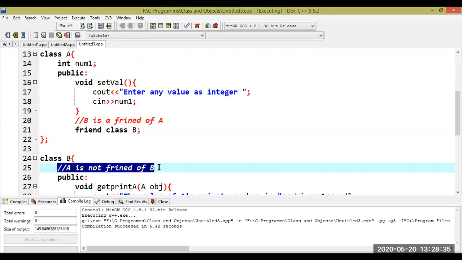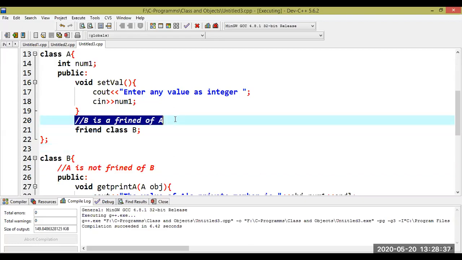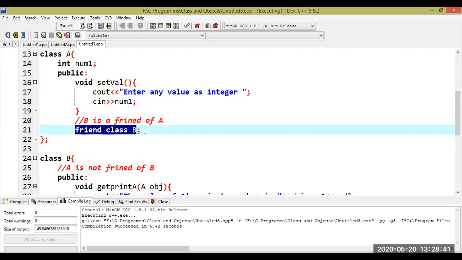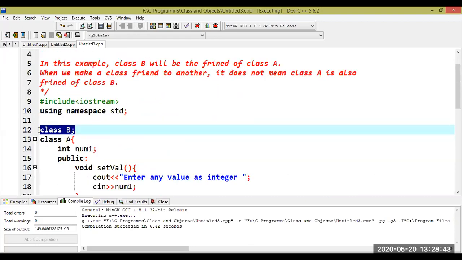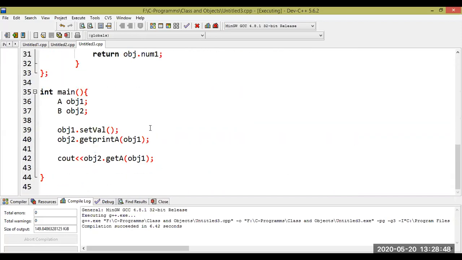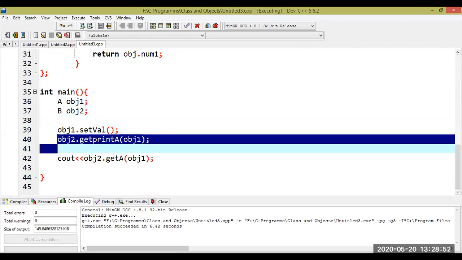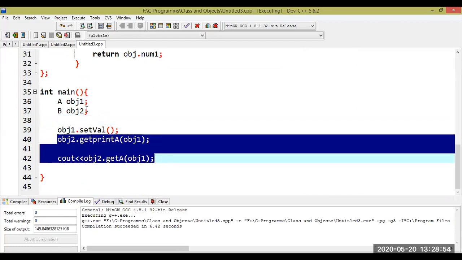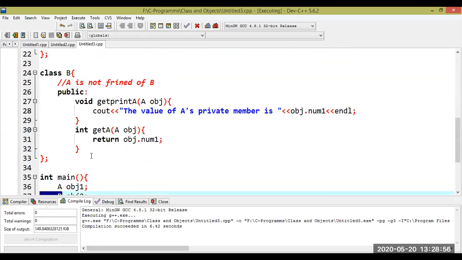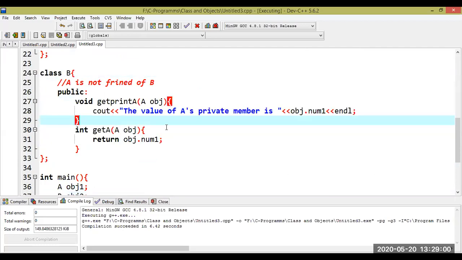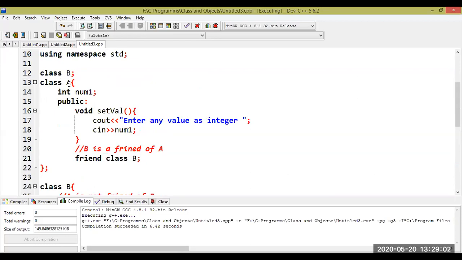When you make a class a friend of another, we also need a forward declaration, which we have done, and we successfully accessed the private data of A through these two member functions of class B.